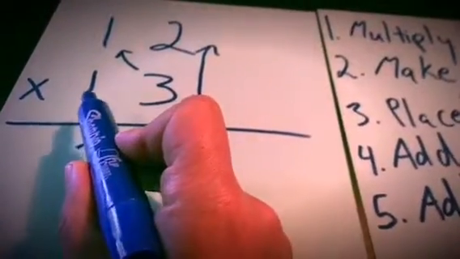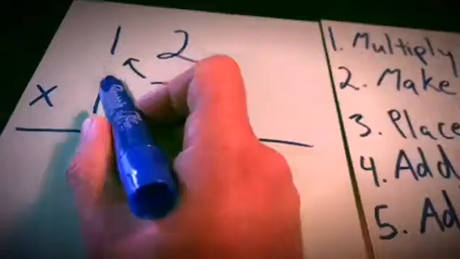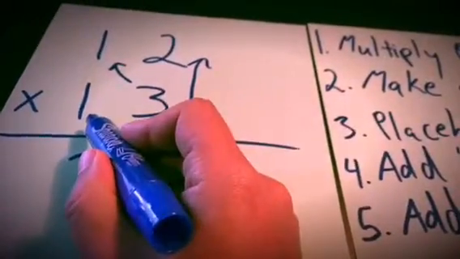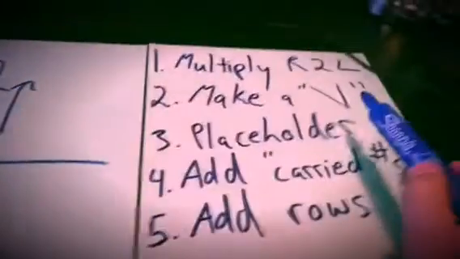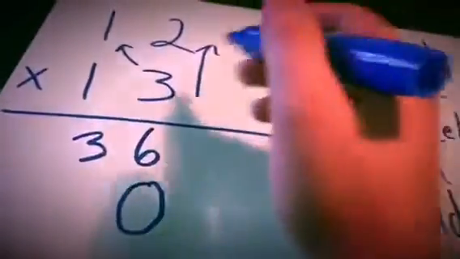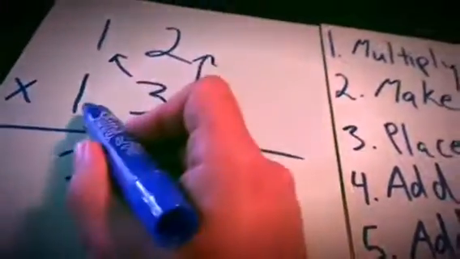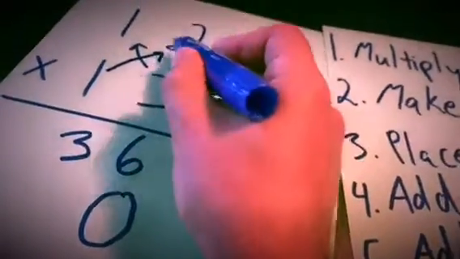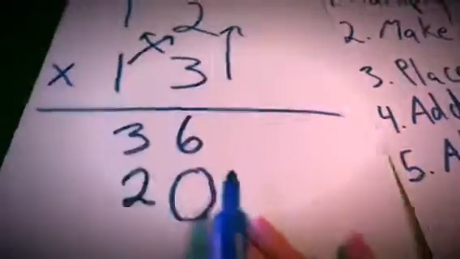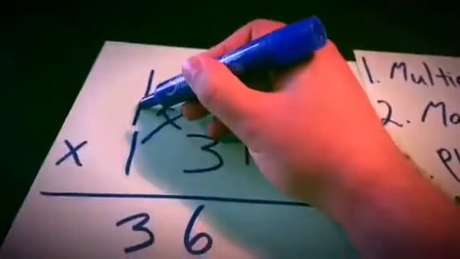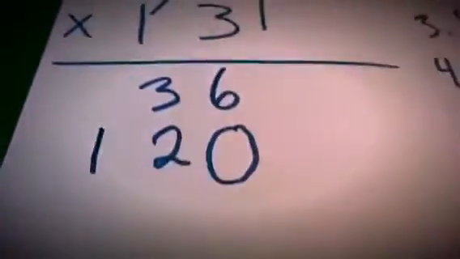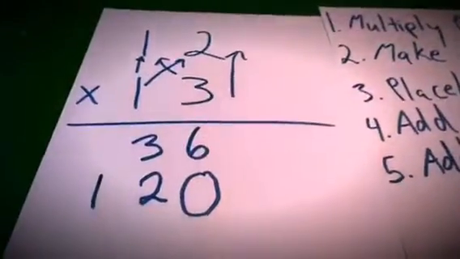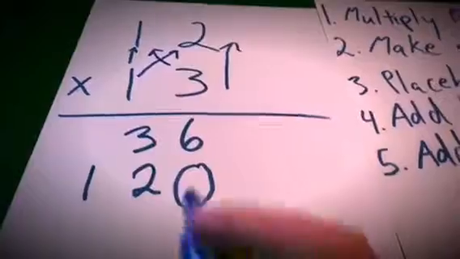Again, we're starting bottom up. We're going to do the same thing. We're going to make a V again, with our little rule. This time the V is going the other way. So if we start here, we go 1 times 2, which is 2, okay? And then we go 1 times 1, which is 1, okay? Now, we're not finished yet. The next thing we do